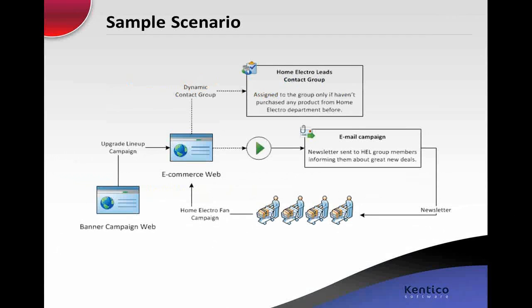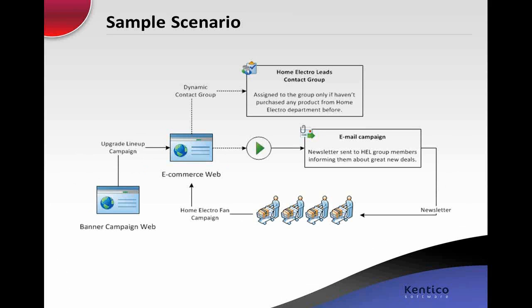I will walk you through a sample scenario, as you can see on the schema in front of you, as it's something that I believe could really be considered a real-world example. Let's pretend for a while we are running an e-commerce business. We are selling various products, but mostly electronics, and one of the areas we specialize in is home electronics. So stuff like TVs, DVDs, Blu-ray players, home theater systems, and so on. We have recently paid for and executed a PPC campaign with the working name Upgrade Lineup, displayed in various locations on the internet, and one of them is also a website running on my localhost. So the website I'm talking about is pictured in the schema as banner campaign web, and the Upgrade Lineup campaign is driving the traffic to our e-commerce website,